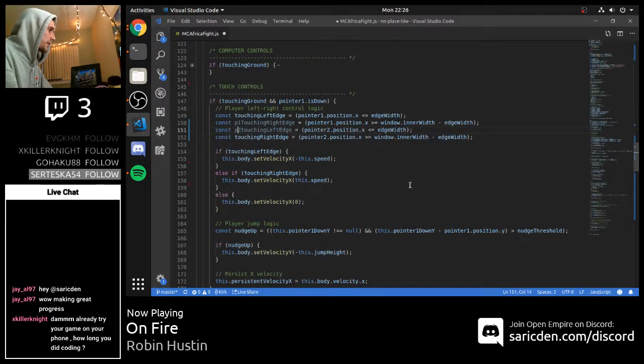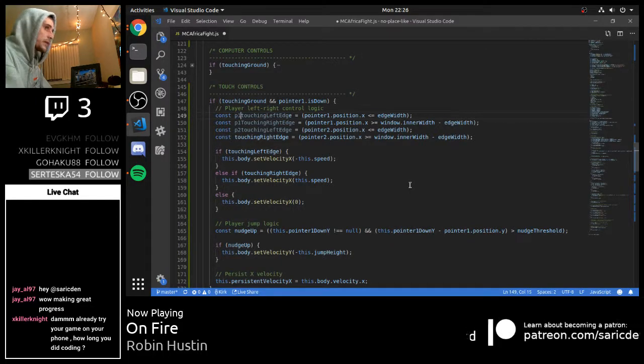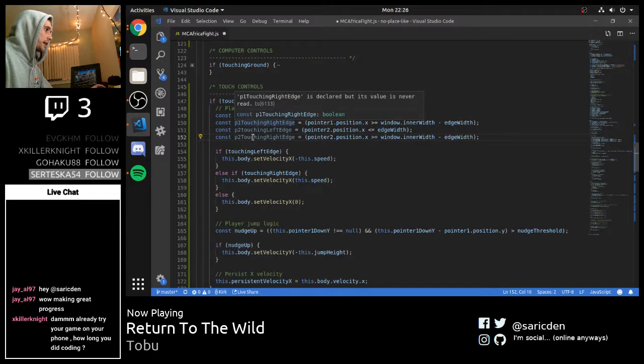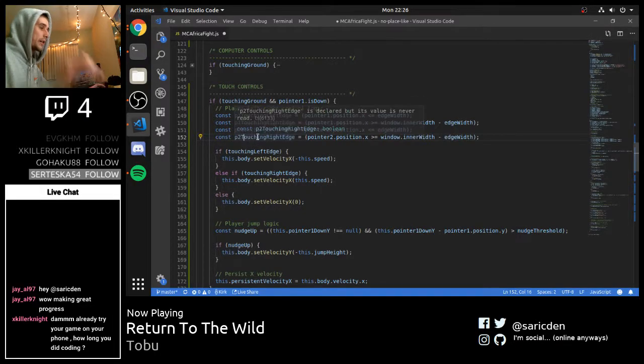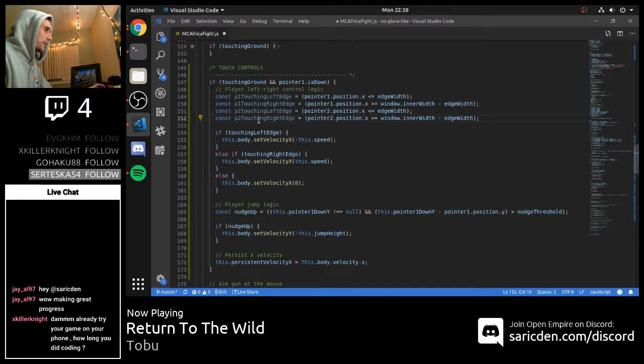That should be P2, and this should be P1 touching left edge, and then this one will be P2. So now we've got pointer 1 touching left and right edge, as well as pointer 2 touching left and right edge. And now we can be a little bit more verbose in our conditions here. So we can say if P1 touching left edge,